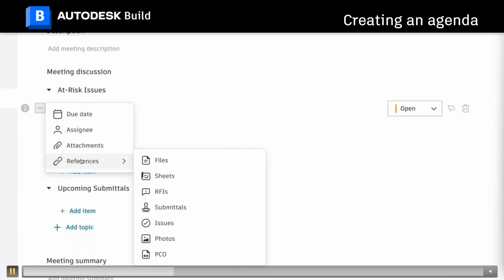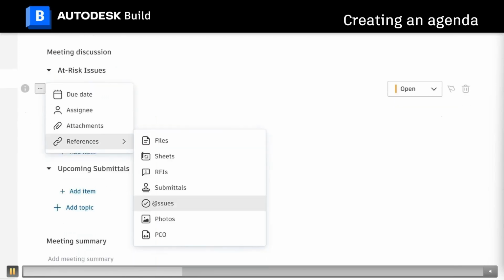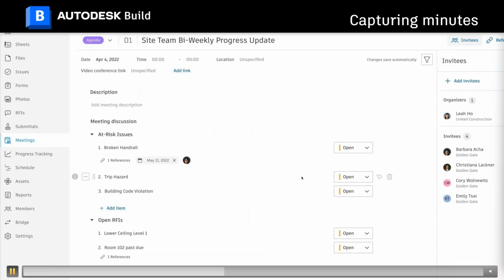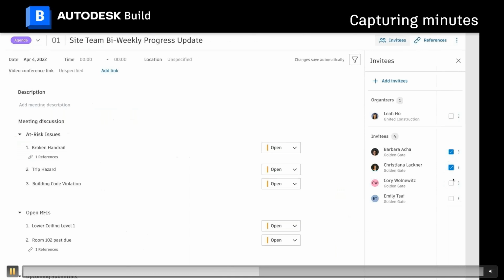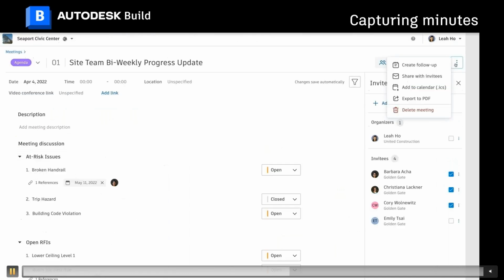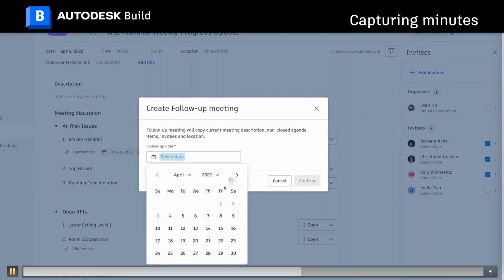In this scenario, I see that there's a problem with the handrail. We're sitting in the meeting now, and I can immediately go and add that issue and assign that issue to someone. The trip hazards, that's been closed. I tick everyone who's attended my meeting, assign another item, and once the meeting is done, I can go and create a follow-up for the following week. This is the